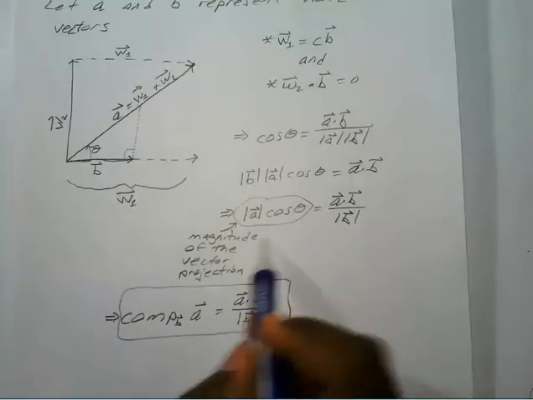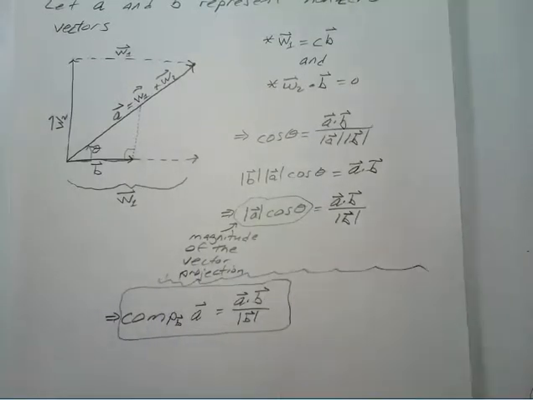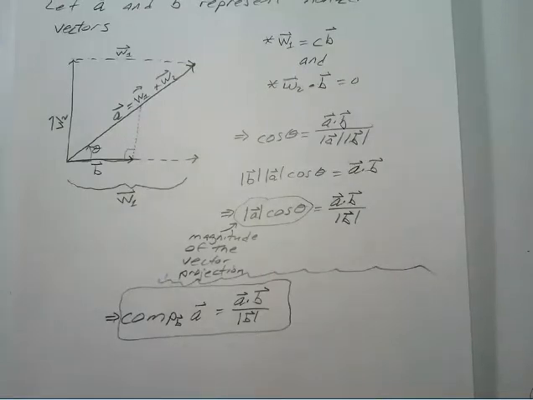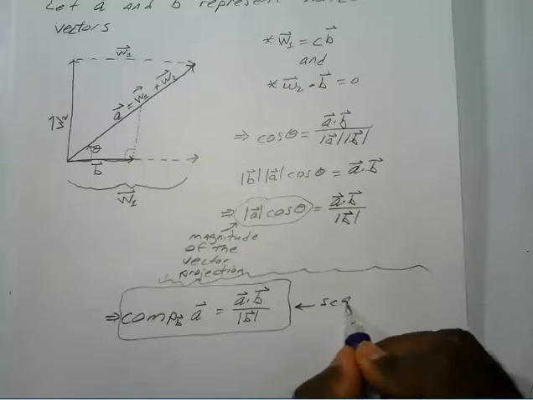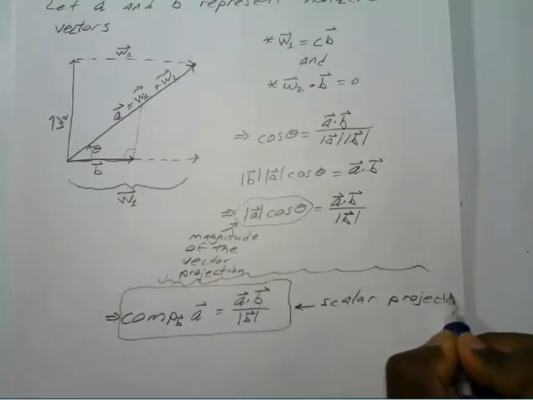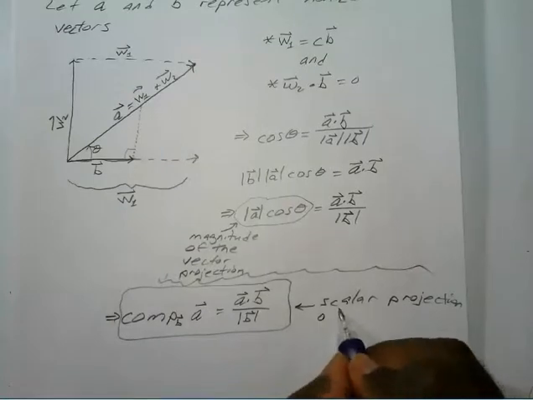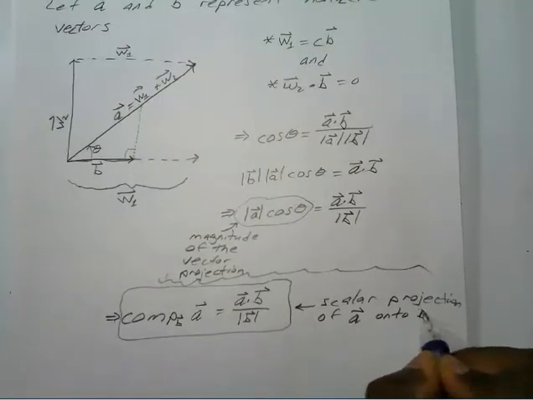Let me separate this a little bit so you don't confuse those two. This is the scalar projection of vector A onto vector B,